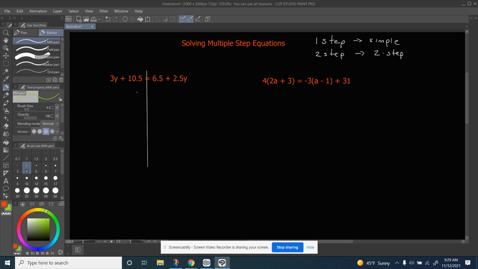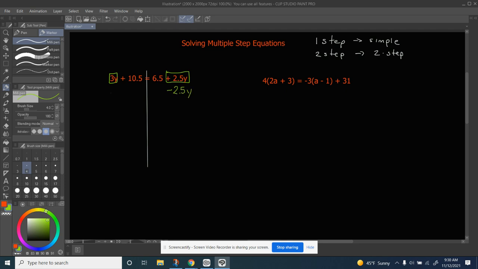But the next step is to combine our variables. You'll notice that on the left side, we have a 3y, and on the right side, we have a positive 2.5y. And so we want to get our variables onto the same side. I like to do this so my variables are positive, so I move the one that has the lesser value. 3 and 2.5, 2.5 is obviously less than 3. So we're going to undo, we're going to subtract